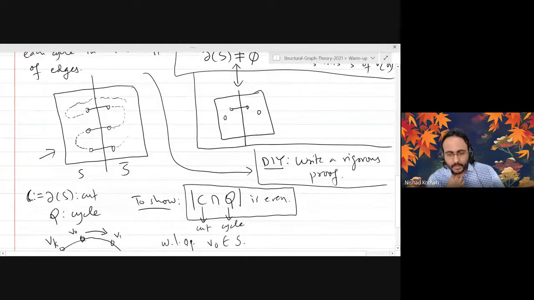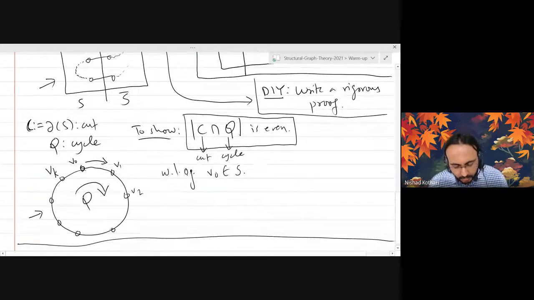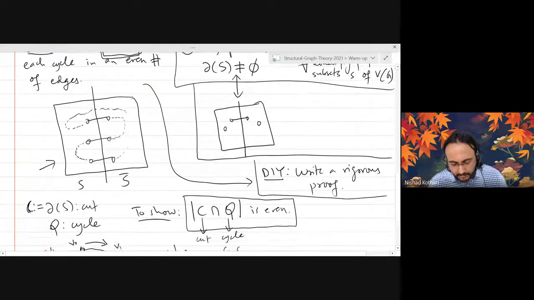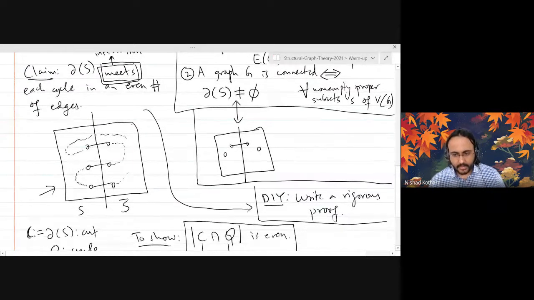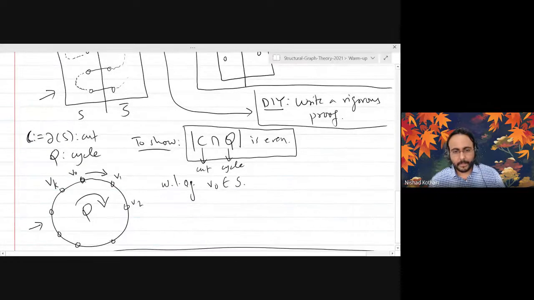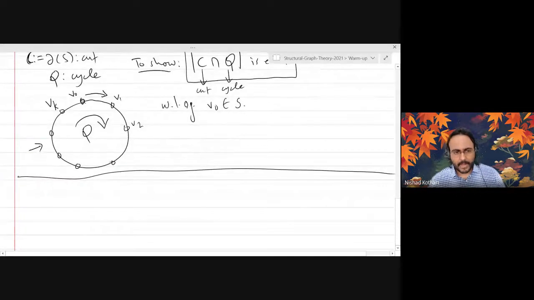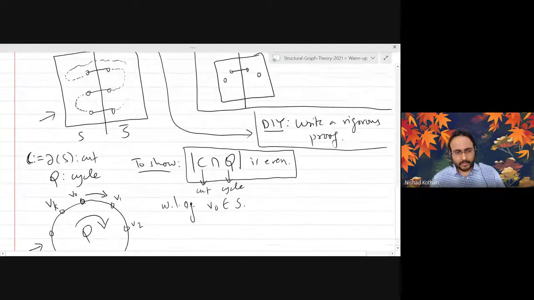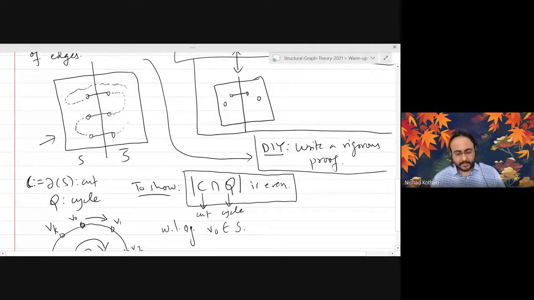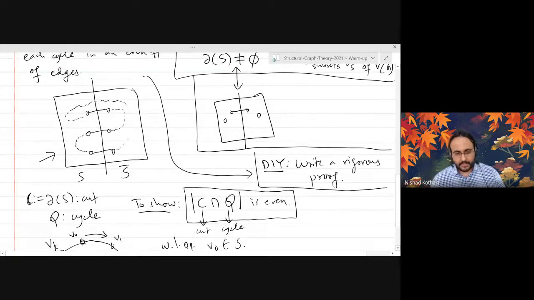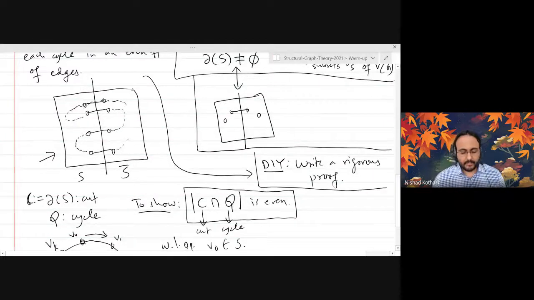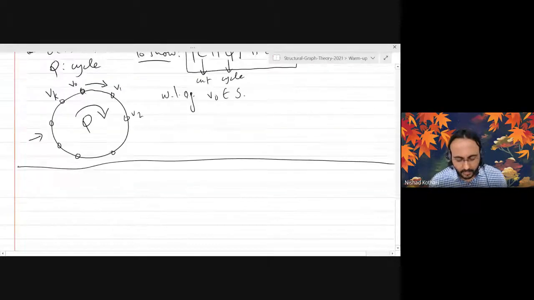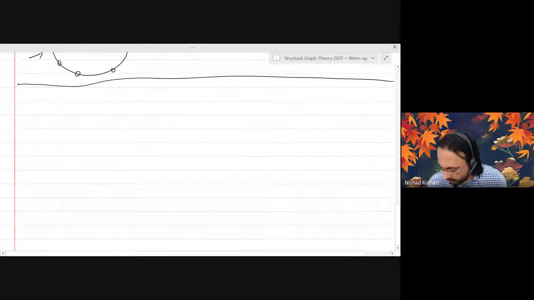Yeah. Okay. Right. So what I want you all to do is write down a rigorous proof of what I essentially said in words, but I'm not going to write it down here. Are there any questions or concerns about why this statement is true? Or is everybody convinced by the arguments we did that this is true? Okay, good.